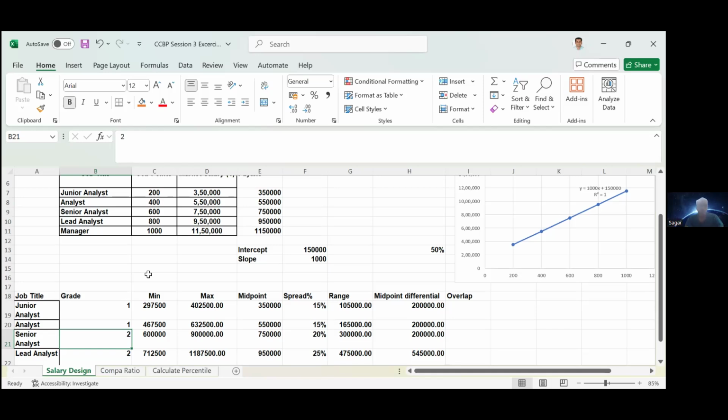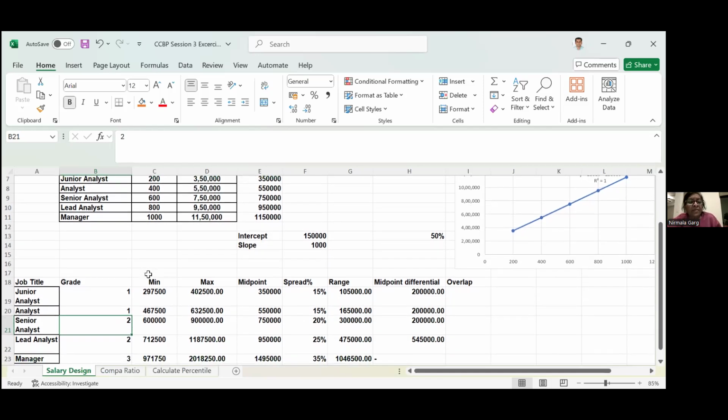Now 400 to 600, or you want it to be 700, that is 300 points. As you keep growing higher and higher to higher grades, you will see that the spread also goes up, and therefore your staying period, that is the tenure, because the job gets complex. Now I also have to look at, is the job of a lead analyst much more complex? So maybe I will say 400 to 700 points one grade,